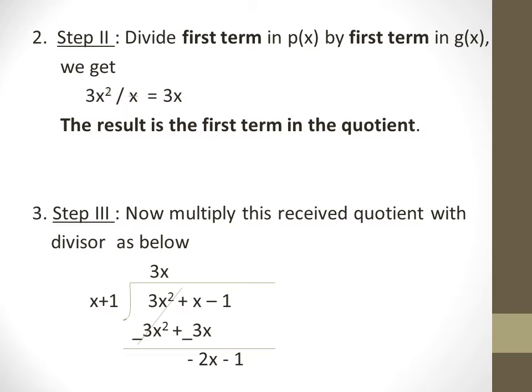Now subtract, as you know the rule of the division, whatever result we are getting, we have to subtract it from the dividend. So I have here subtracted. 3x square would be written as minus 3x square, because it is to be subtracted. Again 3x would be written as minus 3x, because again it is to be subtracted. So 3x square minus 3x square will be 0, it will be cut down. What is the remainder? It is minus 2x minus 1. This is the first step. That is a third step, but this is how the first step in the division is to be calculated in this way.